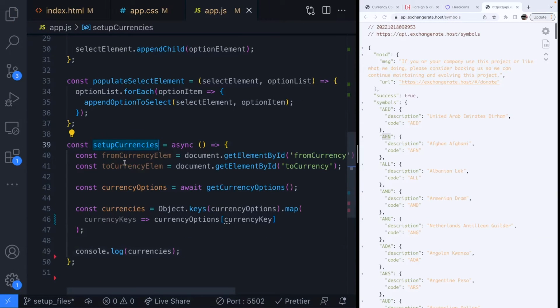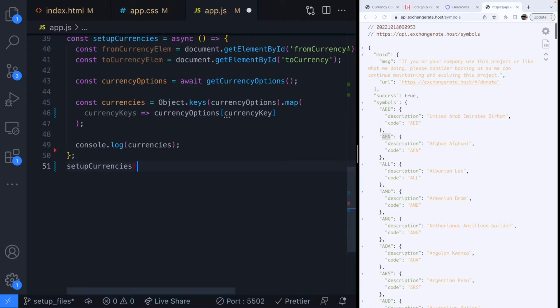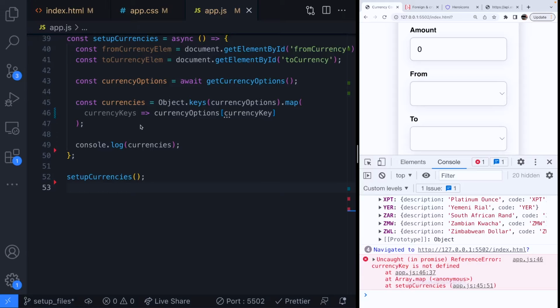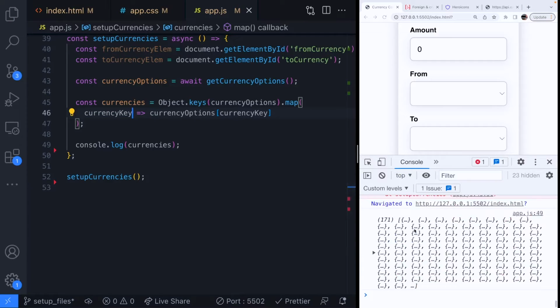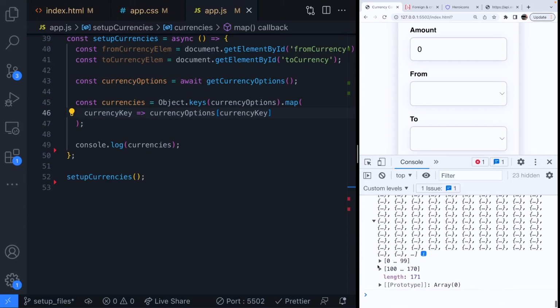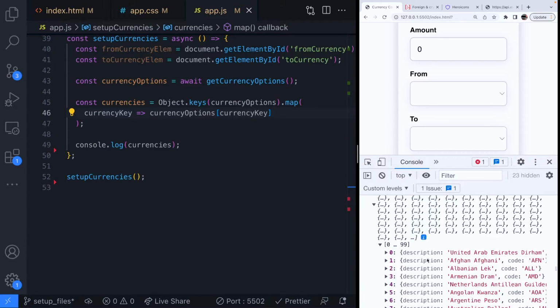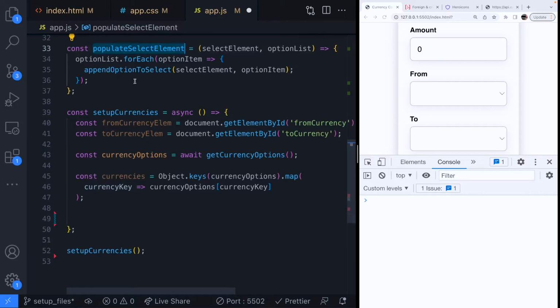So if we call this setupCurrencies function down here, and then just go back to our app. Oh, I've just made a little bit of a typo here. Should be currencyKey and not currencyKeys. You can see when that code runs, we're actually making the network request to the API, and we're getting all of those currencies coming out as an array. There's 171 of them, which is quite a lot. But you can see here that it's just an array with the descriptions and the codes as has been returned from the API data. So all we really need to do at this point then is to take those currencies